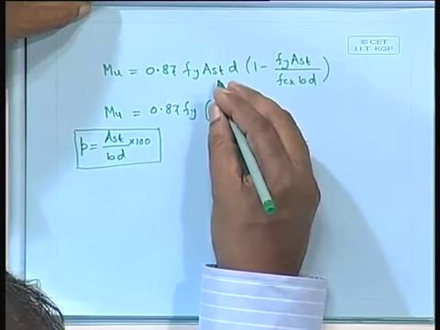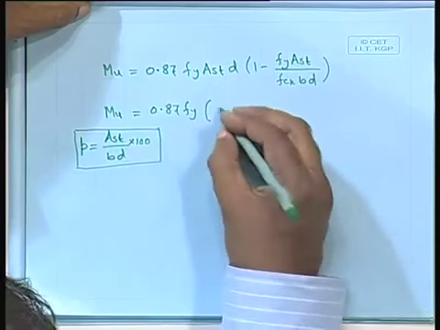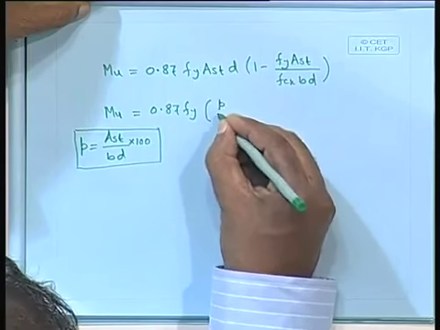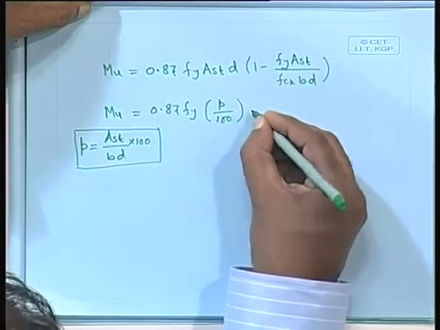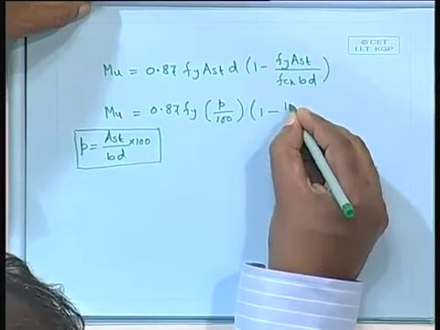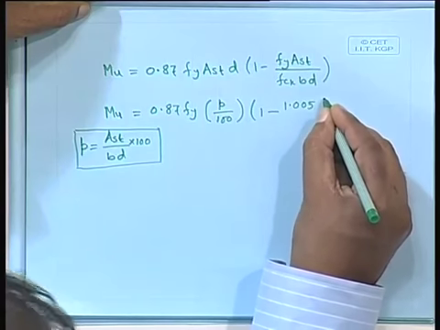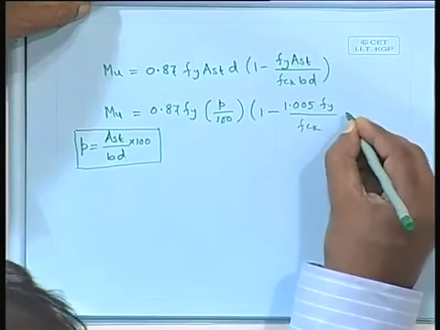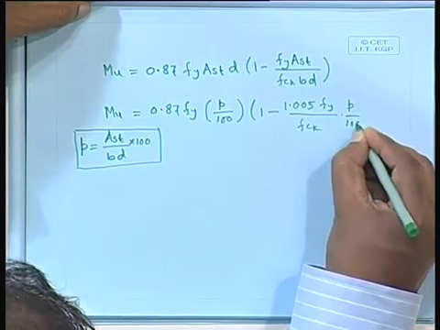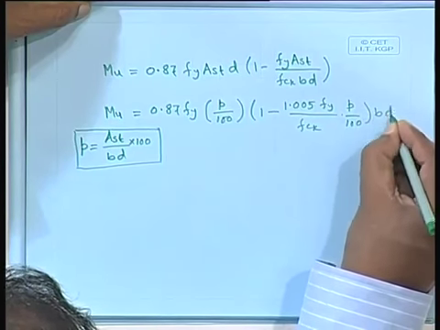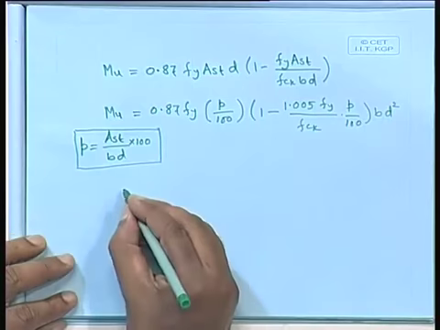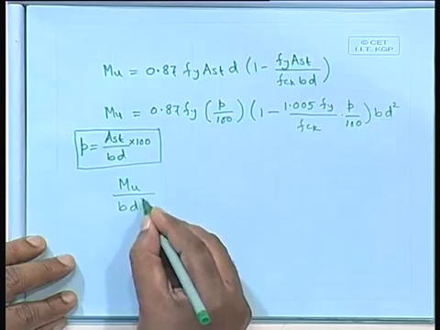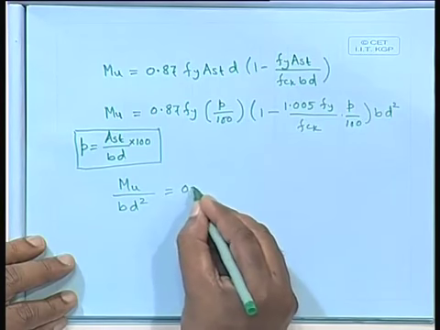AST, we can put it from here. So, we can write it down as P by 100, 1 minus 1.005 Fy by FCK, P by 100 B d square. We generally write it in this fashion: Mu by B d square equal to 0.87